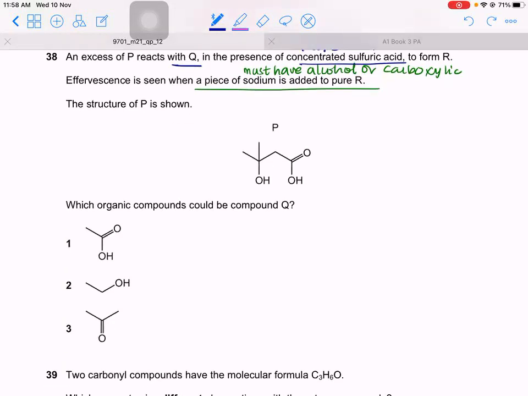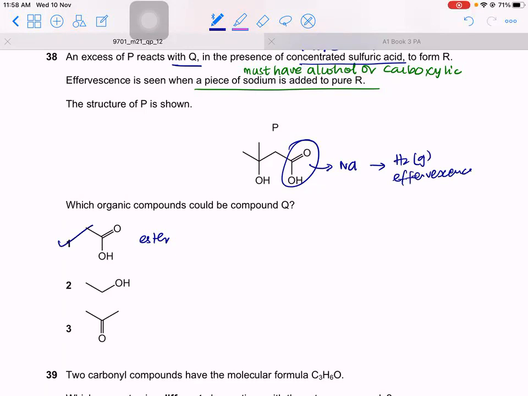So what could be compound Q? If compound Q is this, it has an acid group. So this acid group will react with the alcohol, giving you what? Ester, and leaving behind what? Acid. And this acid will then react with sodium to give you hydrogen gas, which will be effervescence. Yes,